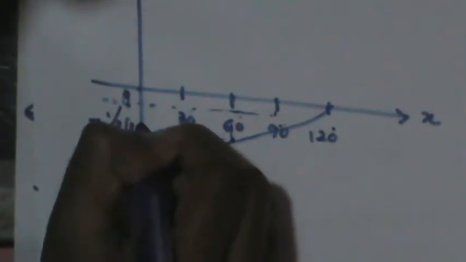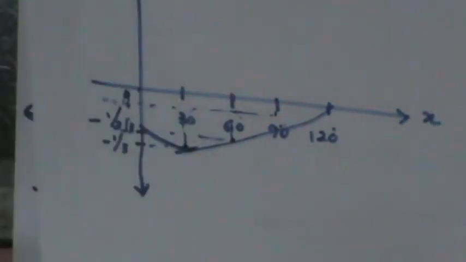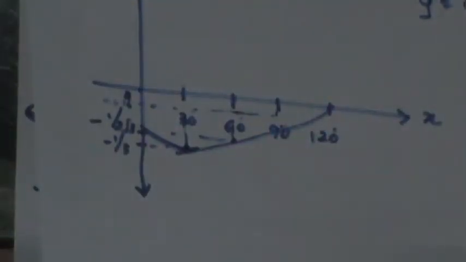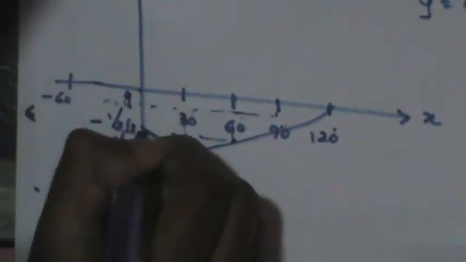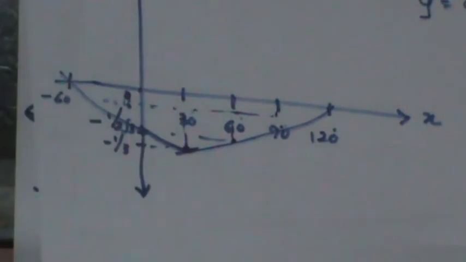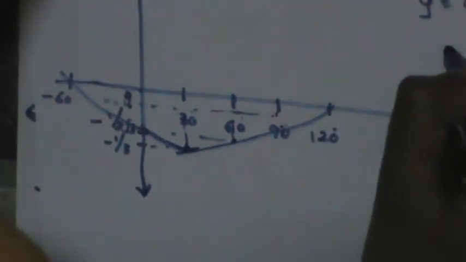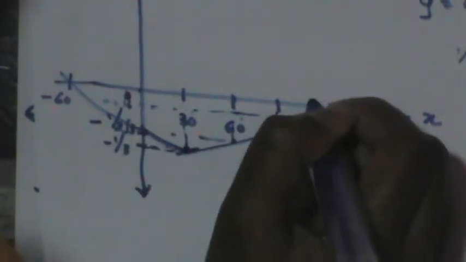So it comes again here. Okay? So the graph continues, and when y is equal to 0, sin(x plus 60) is 0, so x is equal to minus 60. So it crosses the x-axis at minus 60 and plus 120. It goes here. Right? Again, the amplitude of this graph is 1/3, so the maximum is 1/3 here.